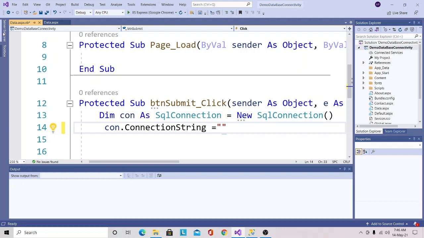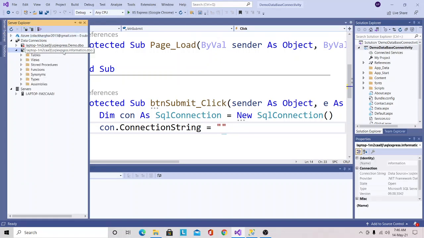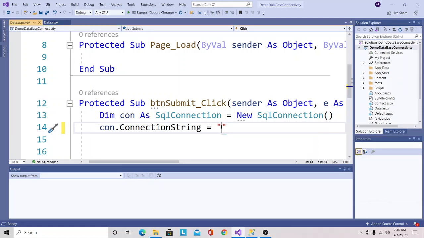I will simply click on Server Explorer, then click on the information database that I have created. If you see the properties of this information database, here you can find the ConnectionString property, and this is the value present in it. So I will copy the entire value and paste it within double quotes.